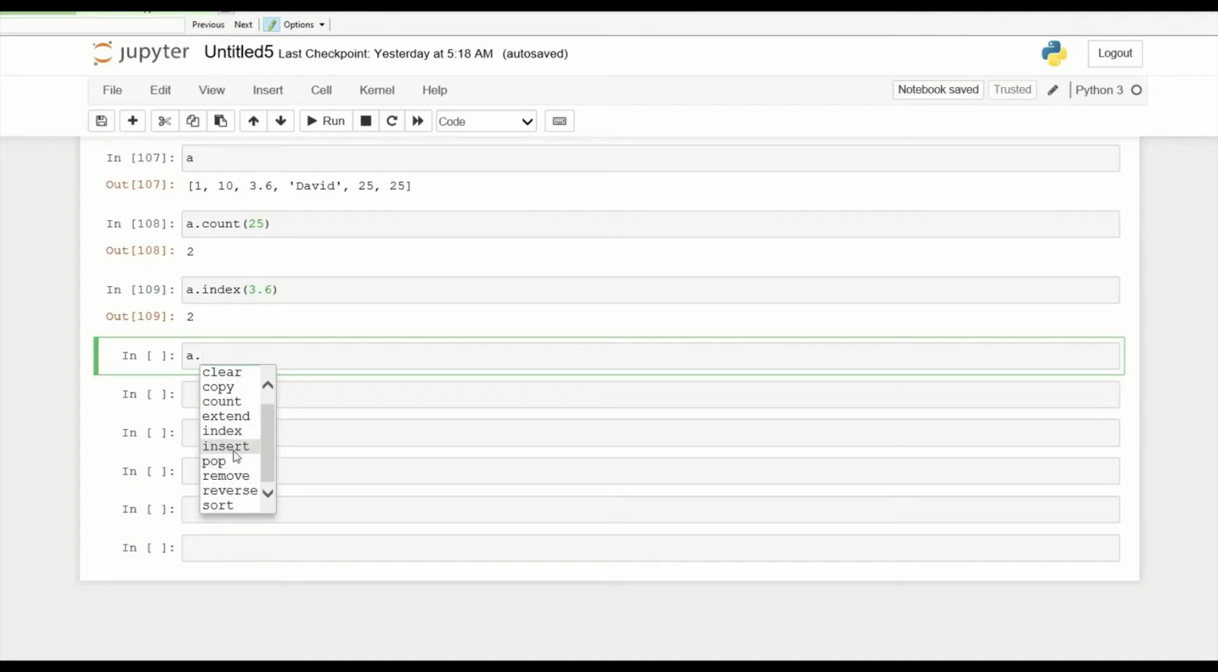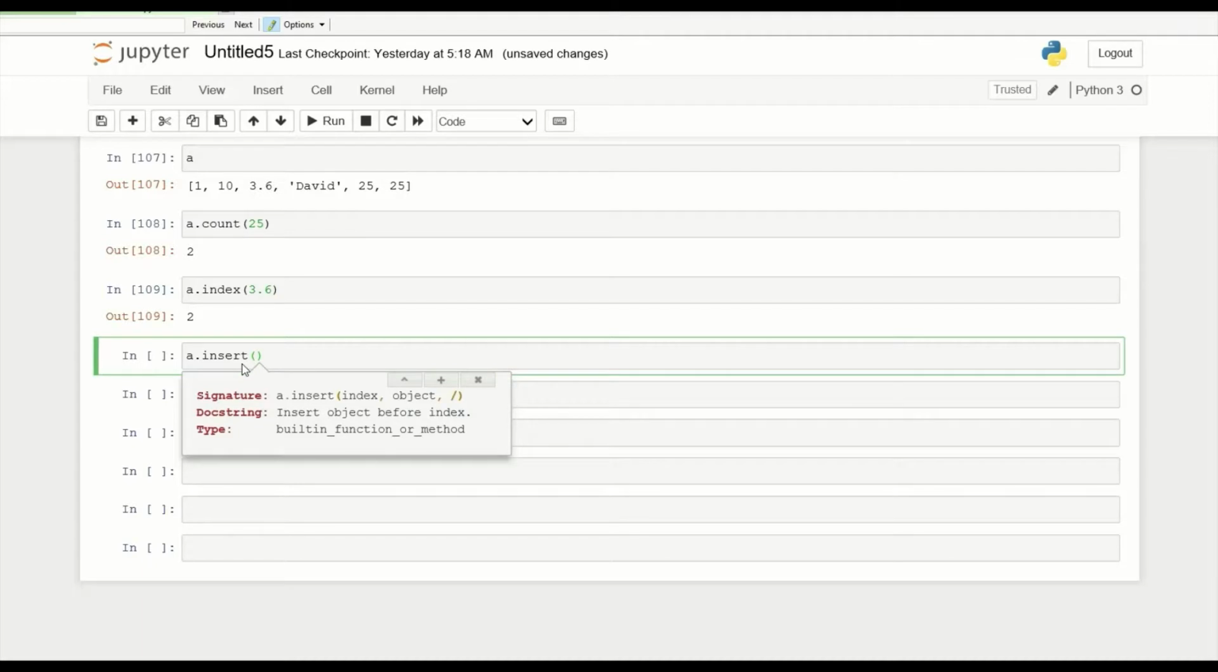For example, let's go, for example, a.insert, and you want to know how you can use a.insert. So what you need to do is click on Shift tab, and it has some help for you on how you can use, for example, insert here for the list. Okay, so it says that when you want to insert, you want to add something to the list,